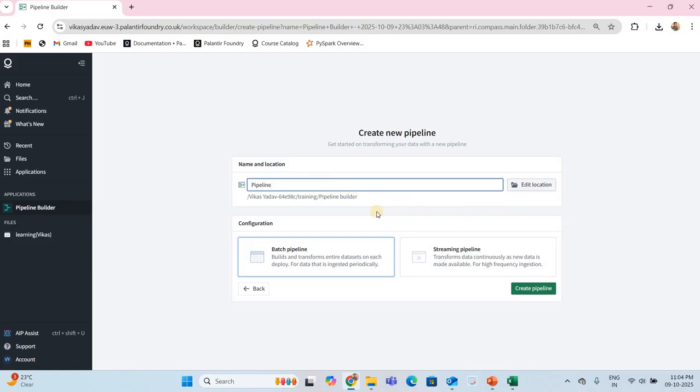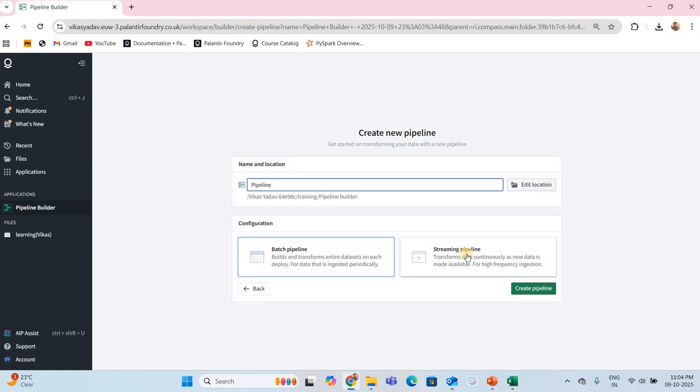After this, configure whether it is batch or streaming. There are two kinds of pipelines, batch and streaming. For batch, whatever data is coming in periods, we create a batch pipeline. Streaming transforms data continuously as new data is made available, for high-frequency ingestion, like live YouTube streaming or a live cricket match where we are fetching the live data.